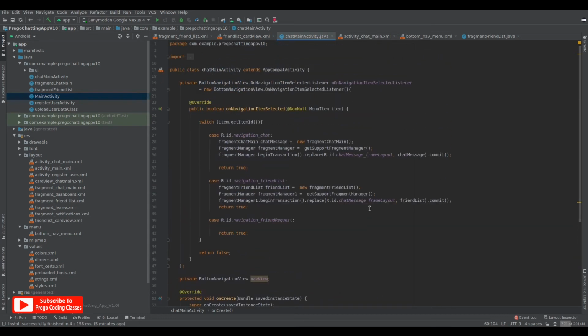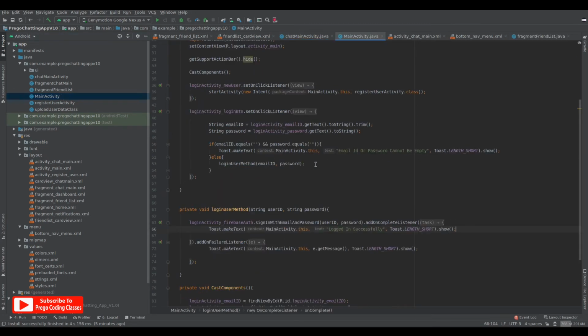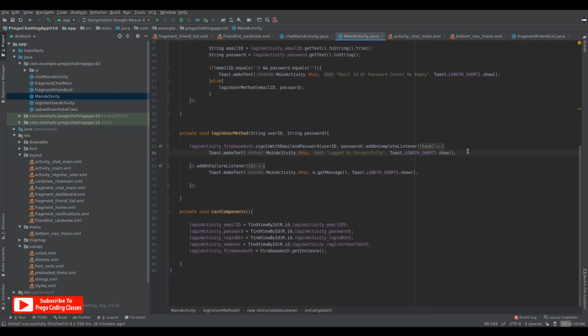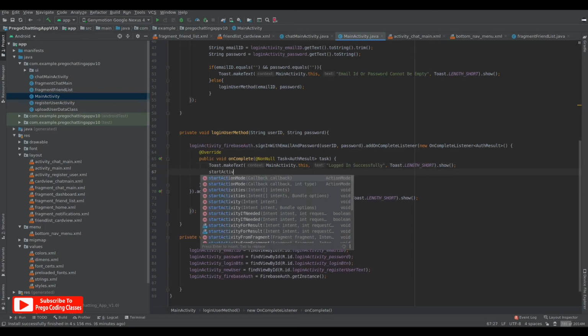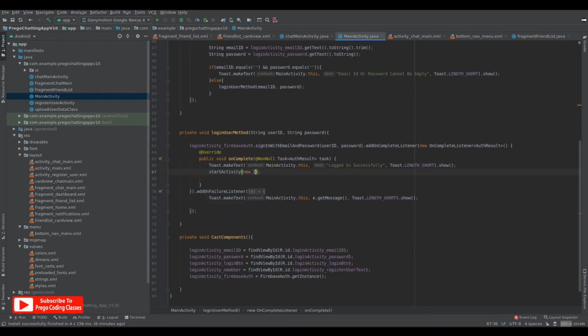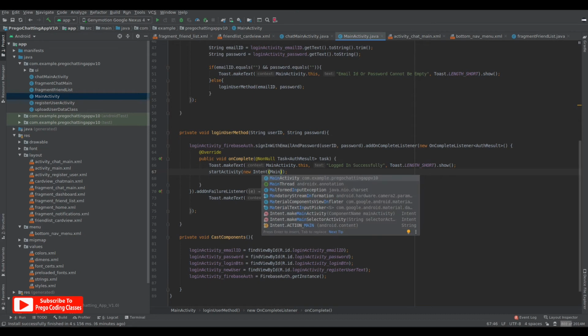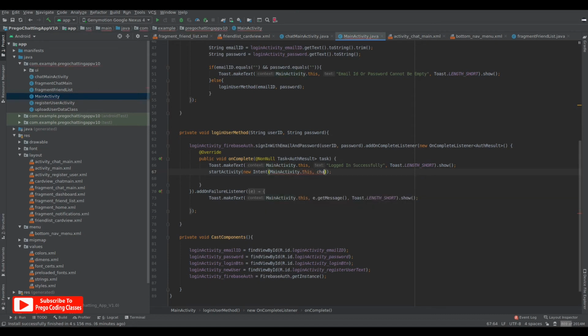Now it's time that we go to the main activity, and over here after the user logs in, after the message is shown that the login is successful, what we can do is start activity, new intent, and we'll just fire up the chat main activity. So MainActivity.this to ChatMainActivity.class.